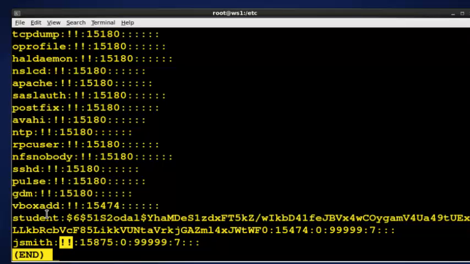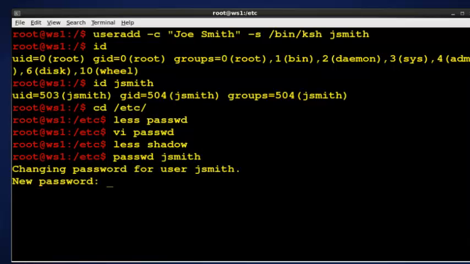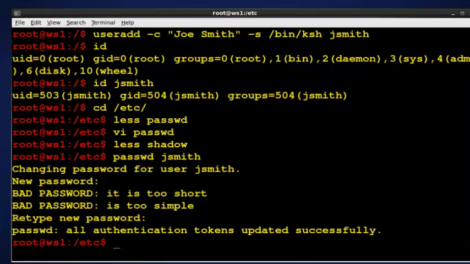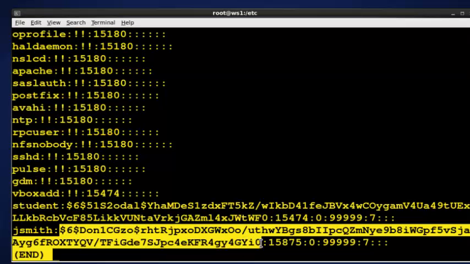So let's go ahead and do that, and then we'll come back and look at how that's changed. I will run as root the passwd utility, and I will passwd Joe Smith, and it'll ask for a password. I'll give it a lousy one. It doesn't like it, but it'll take it because it's root. And then I will less shadow again, go down to the bottom, and sure enough, look what's happened to Joe's account. Now we have the encrypted password, and believe it or not, that actually is the word